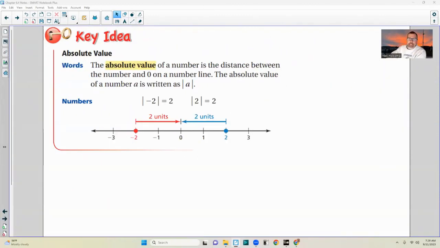Okay, so let's take a look at the key idea first here. The absolute value of a number is the distance between the number and zero on a number line. The absolute value of a number A is written as these brackets right here around A. So numbers, the absolute value